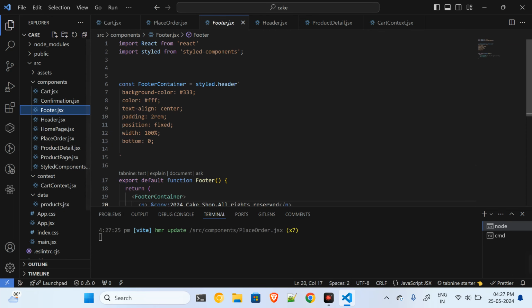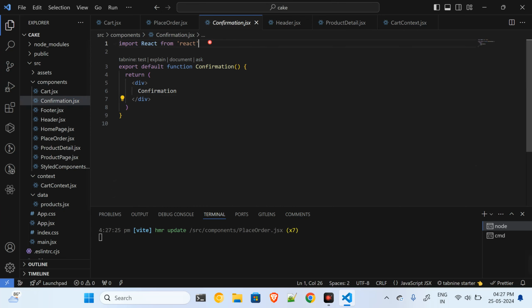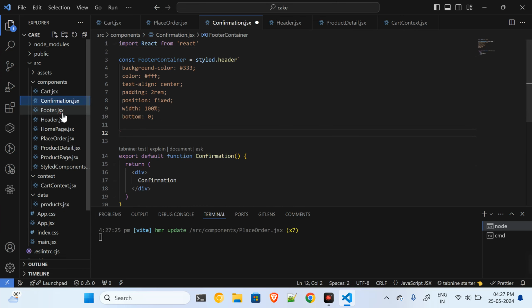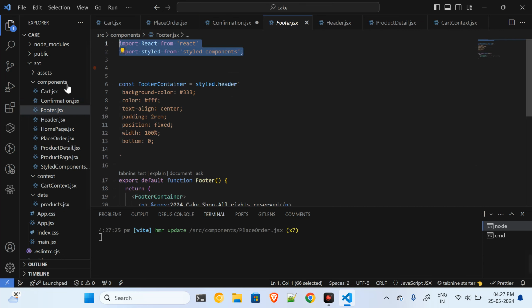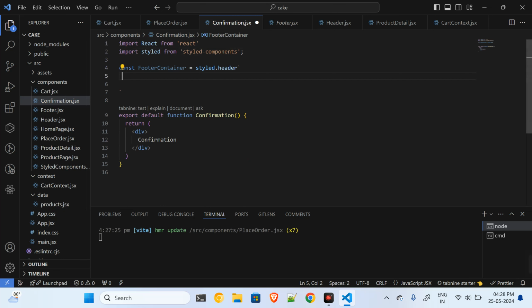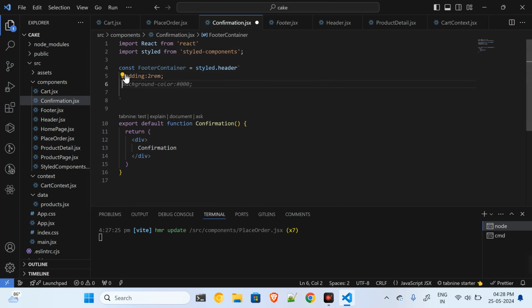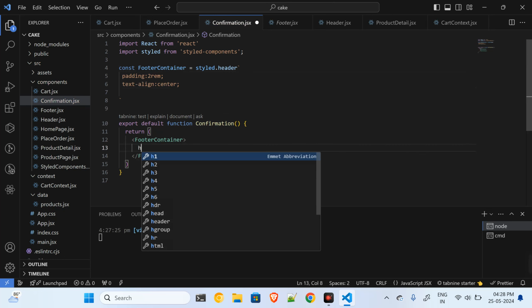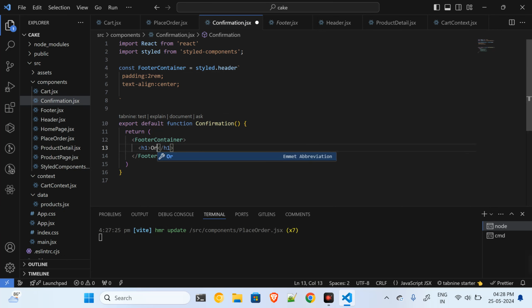So I will come to the footer. I will copy this. Confirmation page is over here. Let me just copy this as well. And now when it comes to the confirmation page, it will have the padding as 2rem, and then we have the text element in the center. I will copy this and paste it over here, and then I am having the H1 over here, and I will say